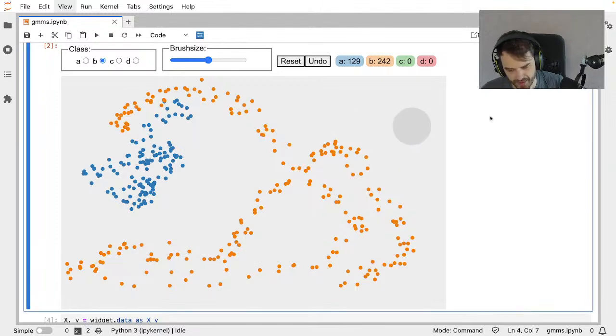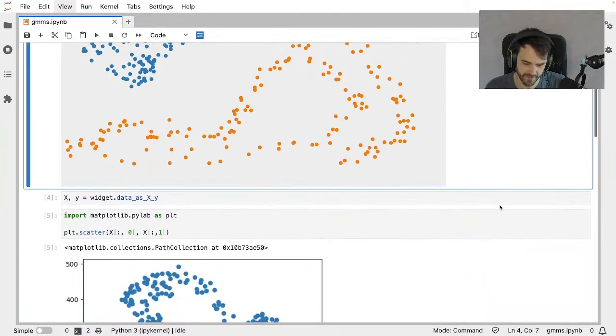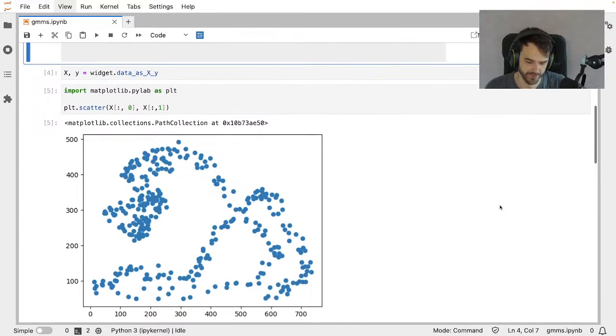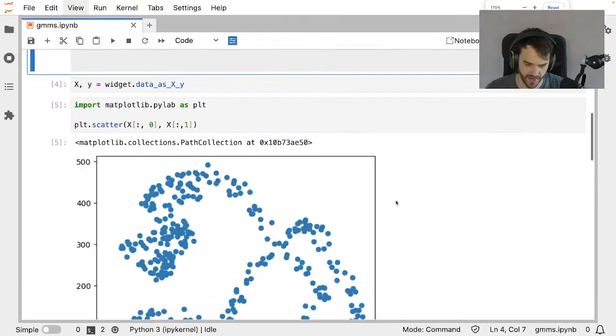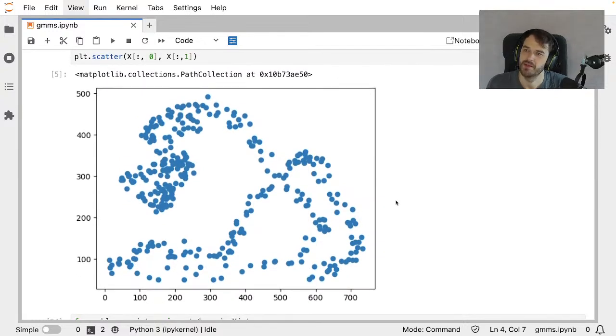Black color, good. So, okay, draw data. We've seen this widget before in this stream. So this is a thing I drew. And then I can also just grab the thing I drew from the notebook. I have this kind of fancy thing over here where I drew it. I'm able to scatter it. So I'm also going to use this data set for my Gaussian mixture stuff, so to say.